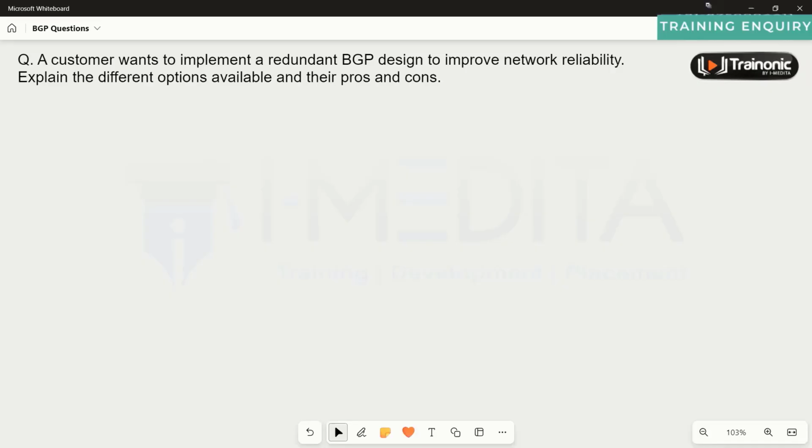A customer wants to implement a redundant BGP design to improve network stability. Explain the different options available and their pros and cons. Basically, here we are talking about the different design options that we have in BGP. The first and most common deployment is referred to as the single homed